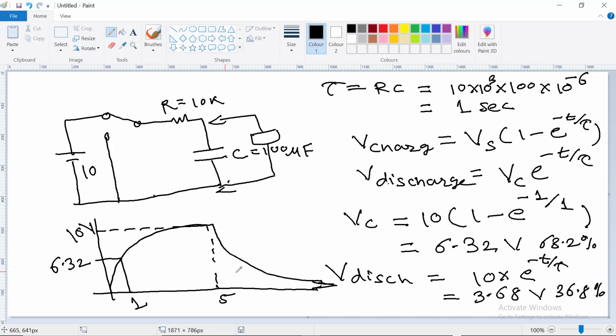We start the discharge after 5 seconds, and after 6 seconds, that is 1 second after the discharge starts, it will drop down to 36.8%,